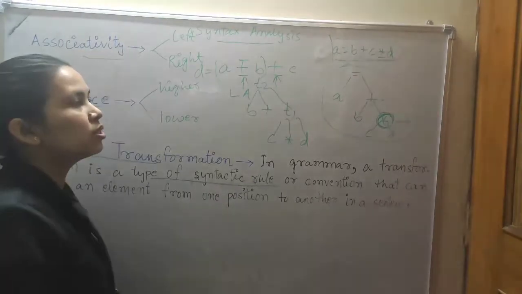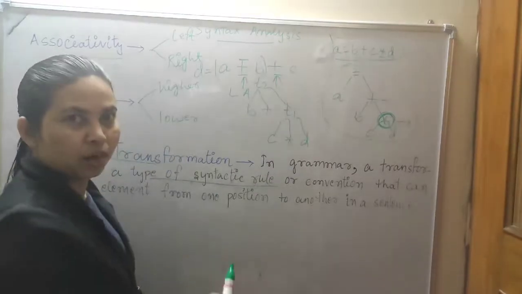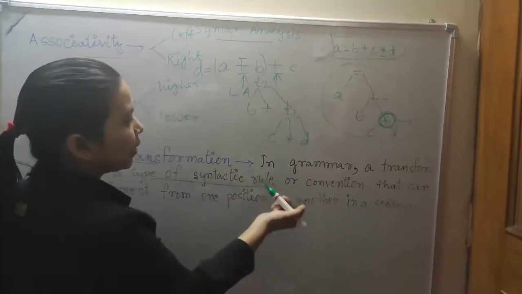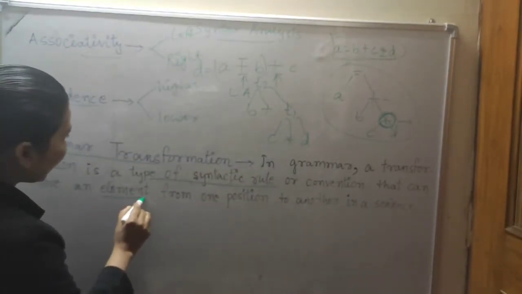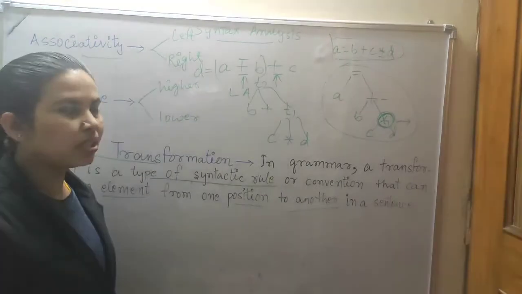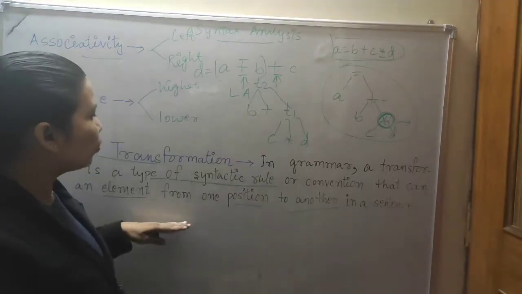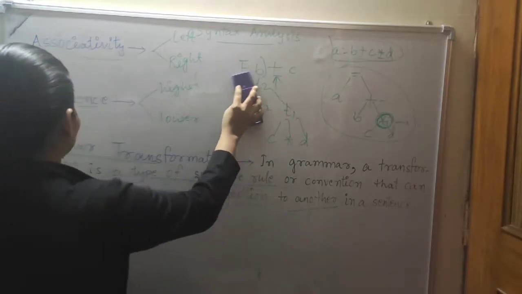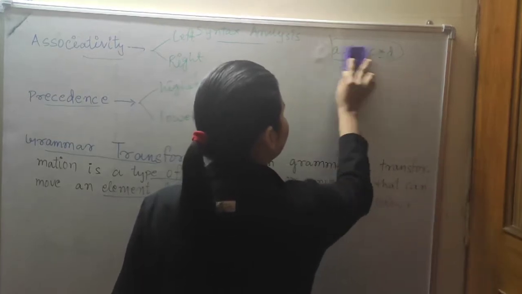Syntactic rule means that syntax-wise it is true or not, just like a parse tree. We will generate the parse tree, and then we will check if it is meaningful or not. That is the syntactic rule or convention that can move an element from one position to another position in a sentence. If you move an element in this sentence from one position to another position, then it is called a grammar transformation. Just like